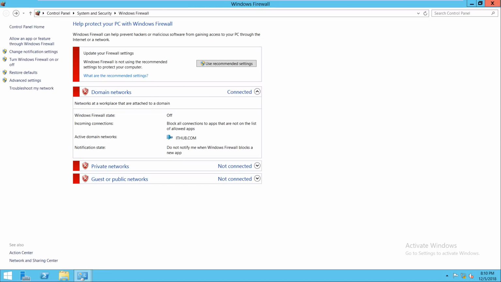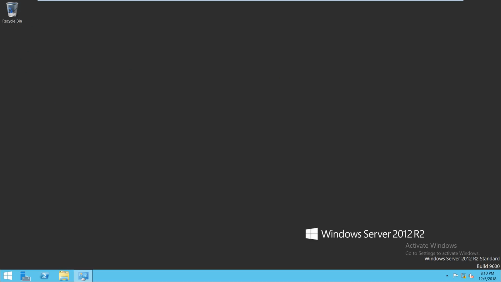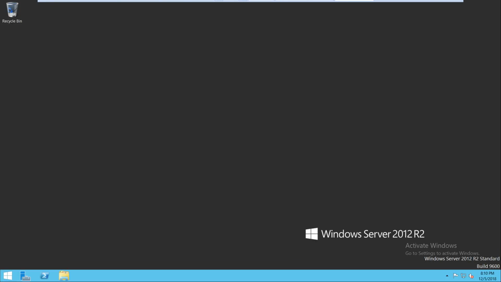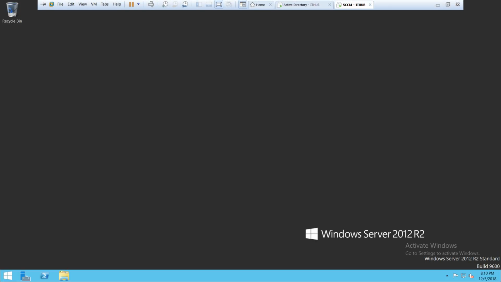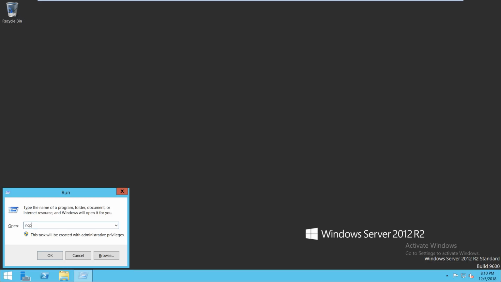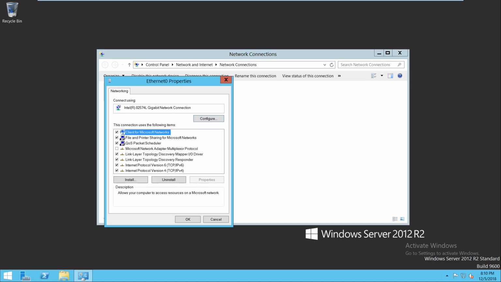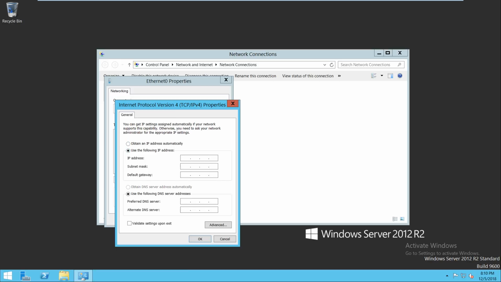I have turned off my firewall in AD machine, and now let's come on our SCCM machine and just provide the IP address of the same network of Active Directory. So just open local area connection in your SCCM machine and provide the IP address